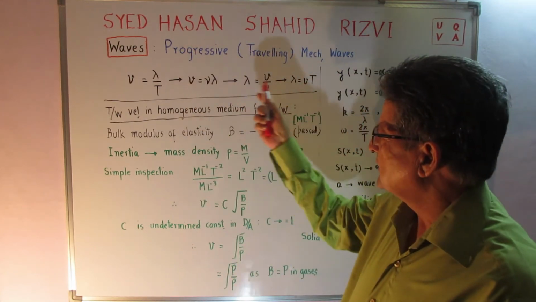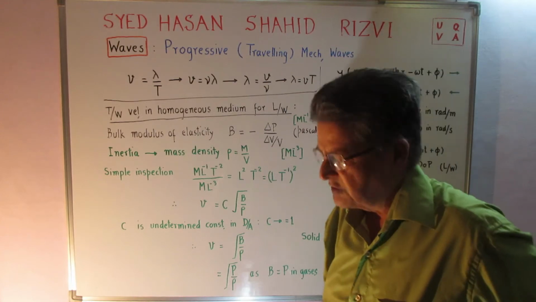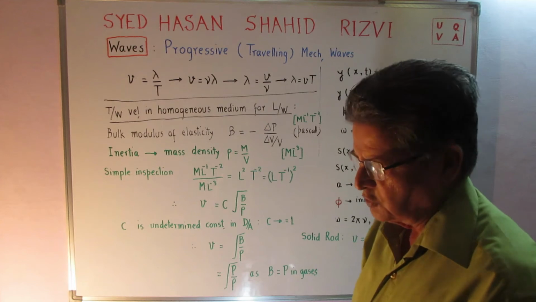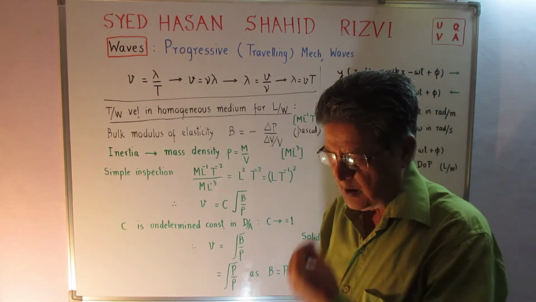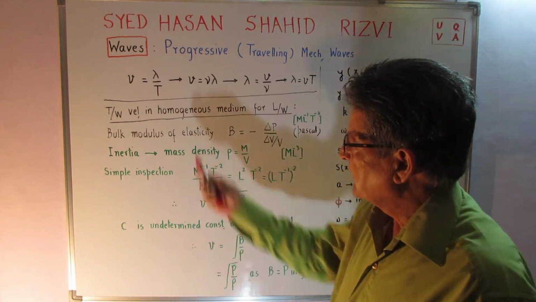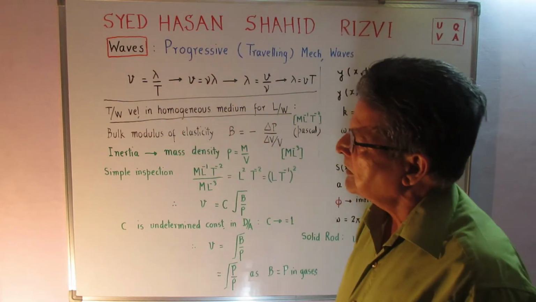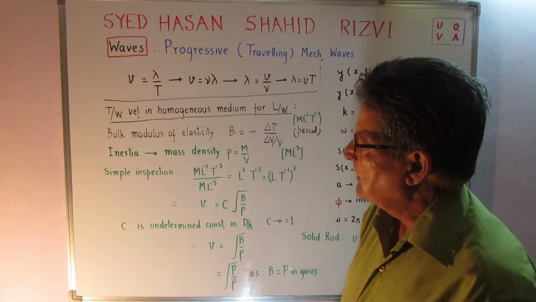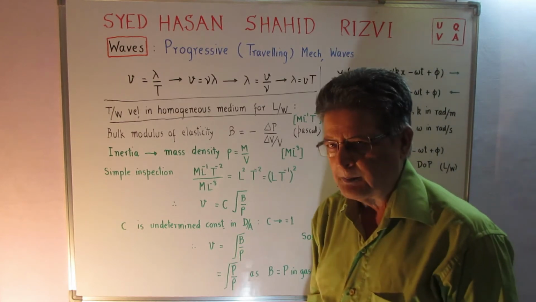So all these relations are identical relations, just like trigonometrical identities. So any of these equations you should be able to derive from the basic equation v is equal to lambda upon T, or v is equal to nu lambda in a moment's time, not more